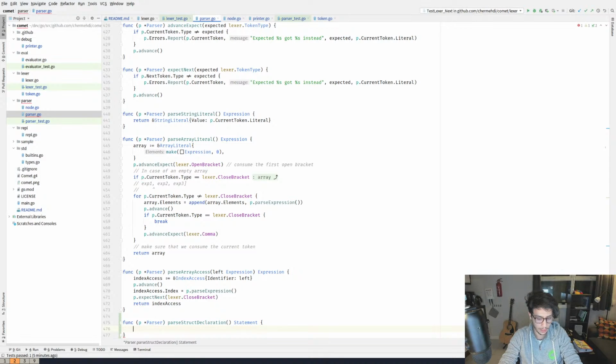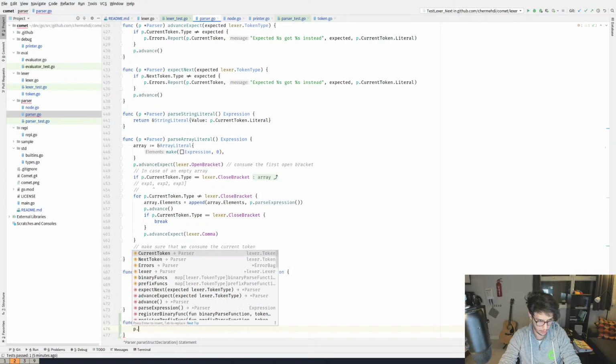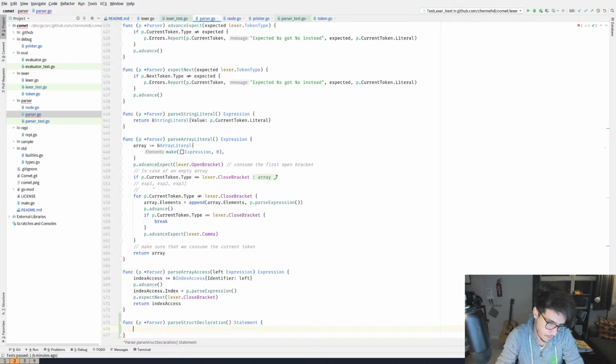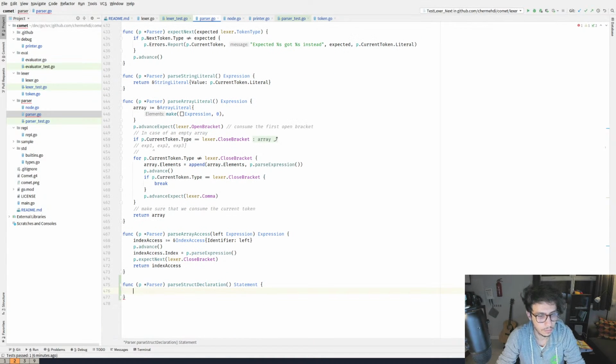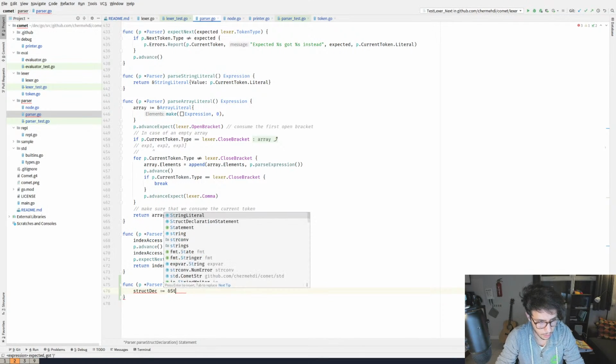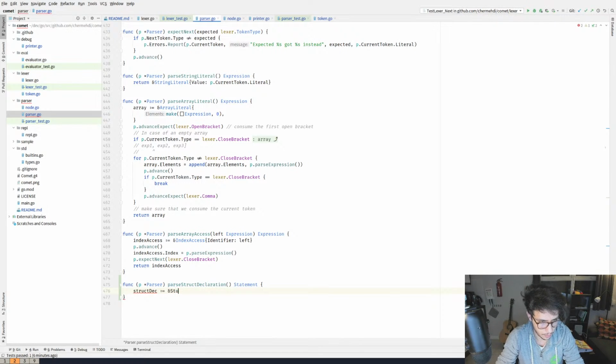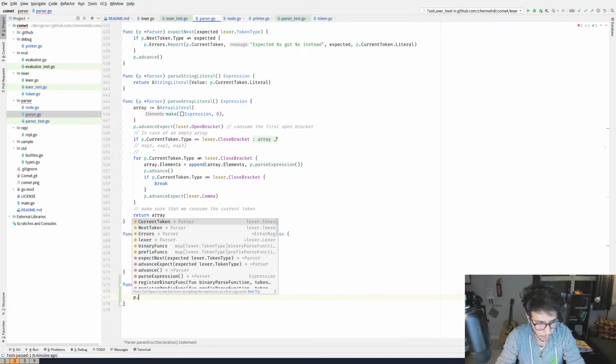Okay, so we create the p dot... doesn't look right. So we create struct statement, and p.advance.